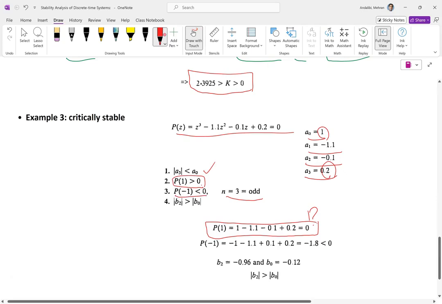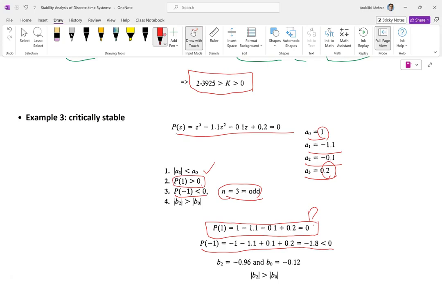So P of negative 1, if we calculate it, you see it is negative, and that is less than 0, and it should be because n is an odd number, so that's good. And here, if you go and calculate the table, right here, you have 4 numbers. So remember, like last time